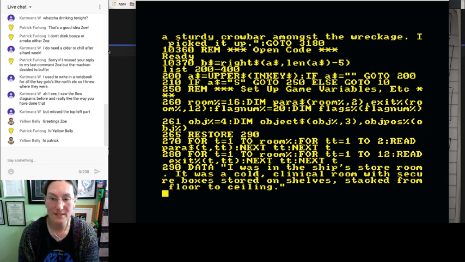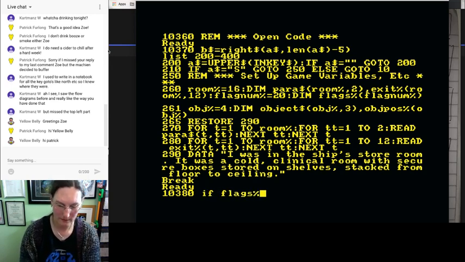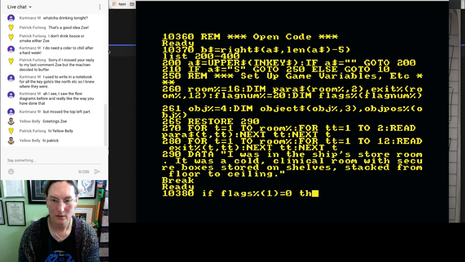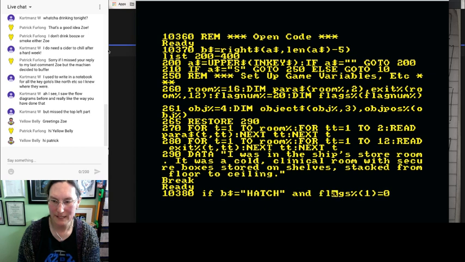So it's flags percent. We just need to remember flags percent. Okay. 10380 if flags percent 1 equals 0. Okay, no, we need to have it. So if B string equals hatch and flags percent 1 equals 0,